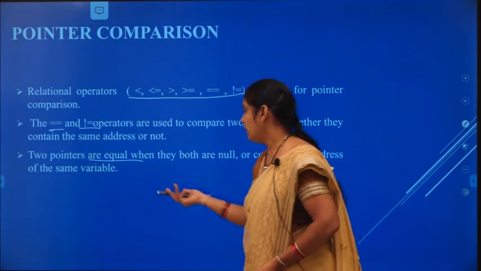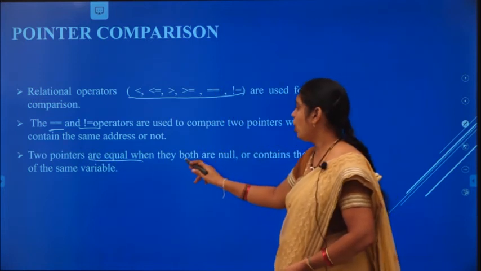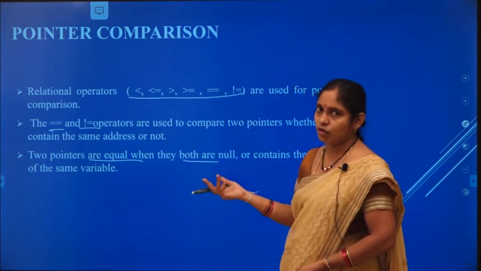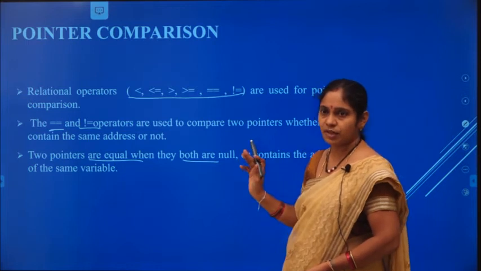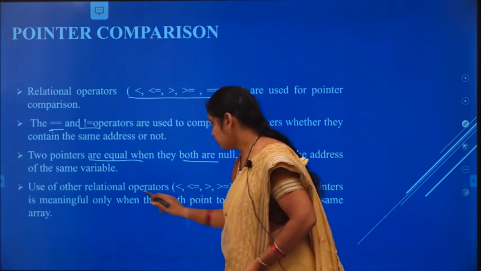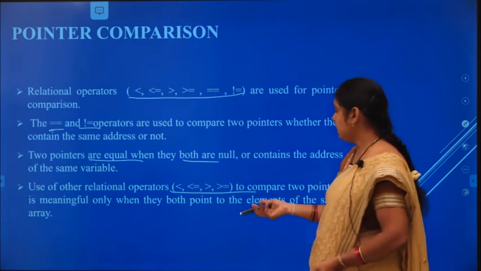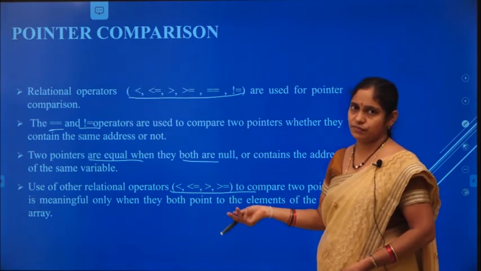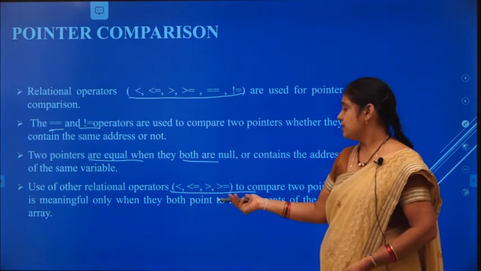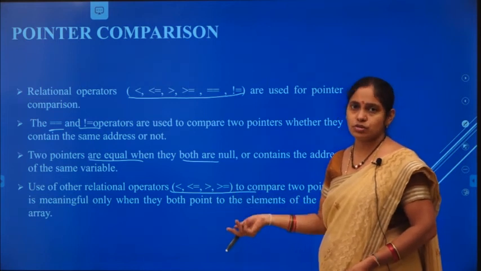Now for equality, when two are pointing to the same thing, usually the value of both becomes the same. So most probably these are the operations which we use for comparison on pointers, but such operations may not be used otherwise on the pointers.